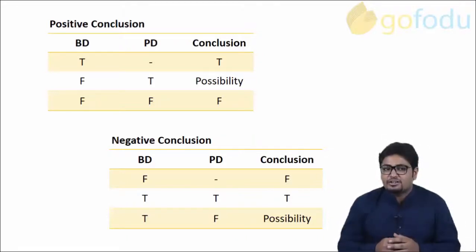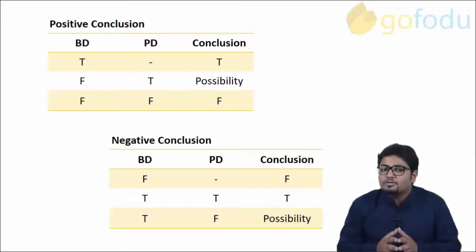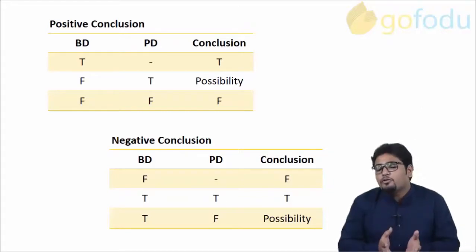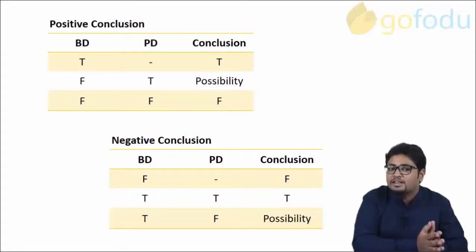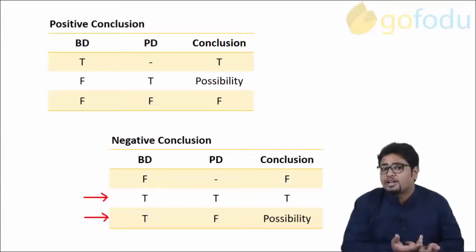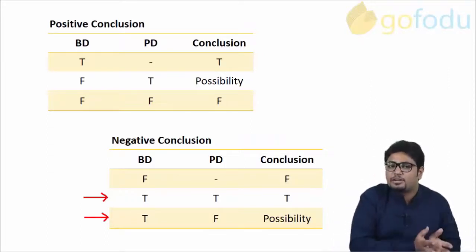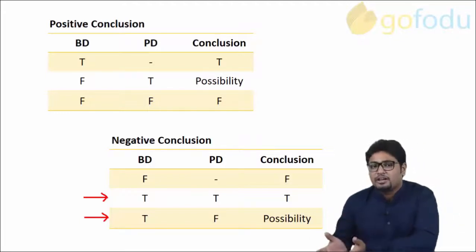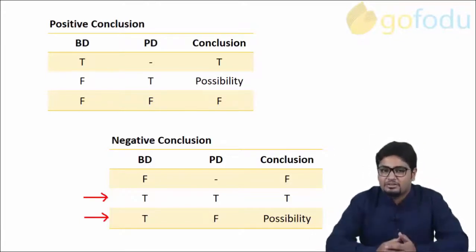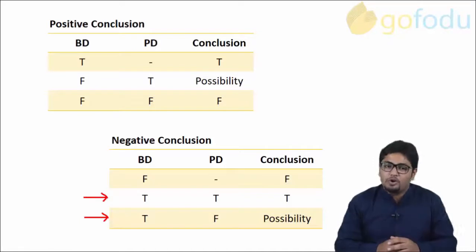Before we wrap up this session, there is just one thing that I want you to note. Questions based on possibilities rarely come in exam. Most of the times the questions are with definite conclusion only. Now even if you forget this video and remember this one thing, that if the negative conclusion is true, then only we have to draw the possible diagrams. Or if the option contains the statement that this is a possibility or this is not a possibility, then we draw the possible diagrams. Otherwise, most of the questions could be answered just by the basic diagram only.